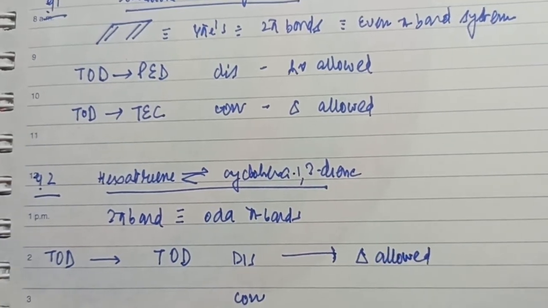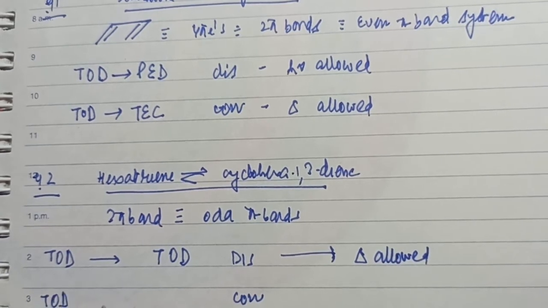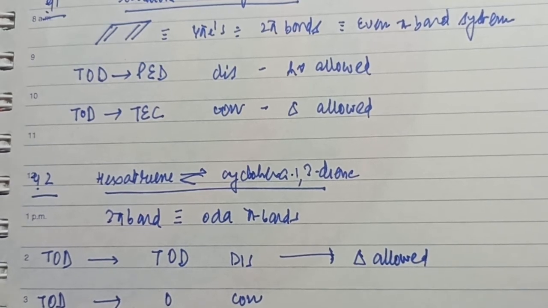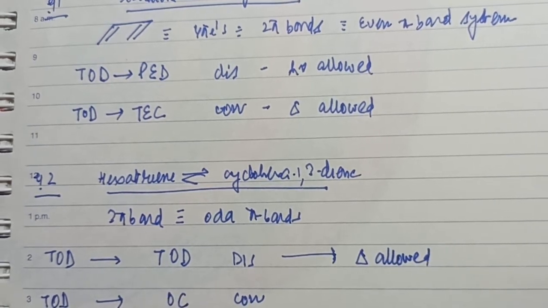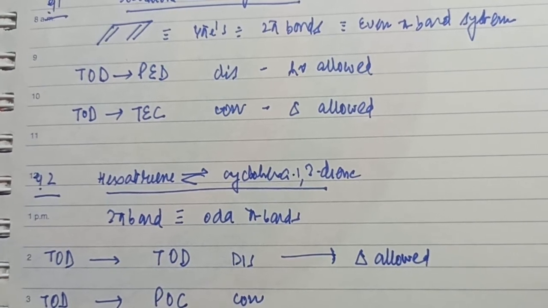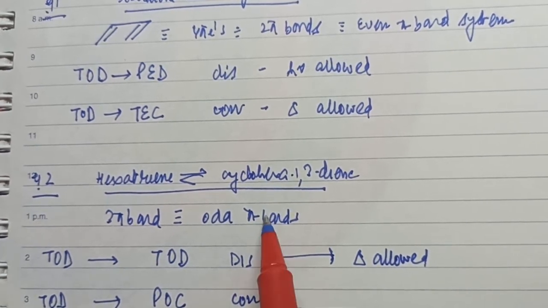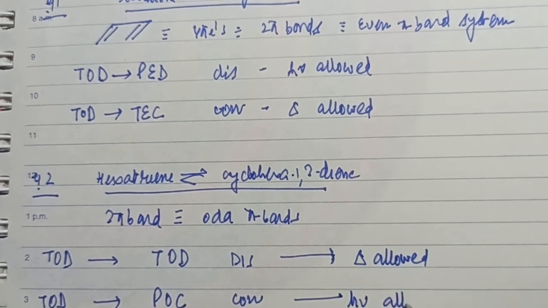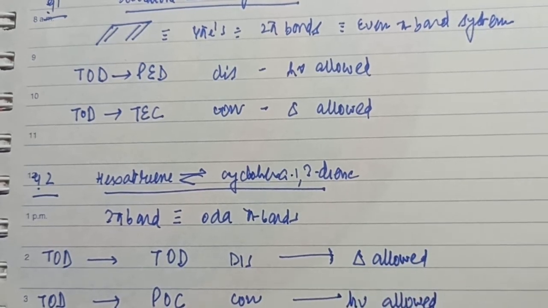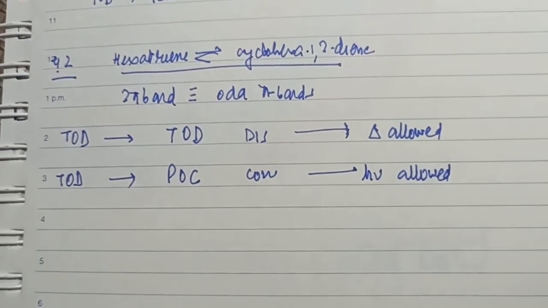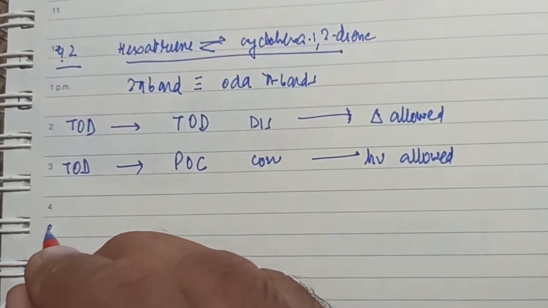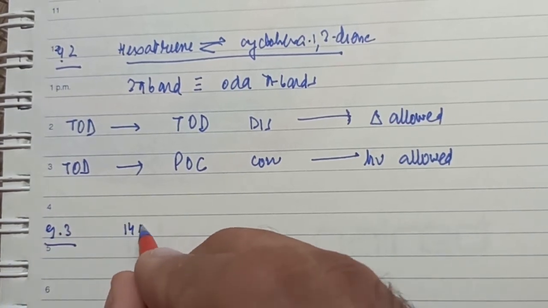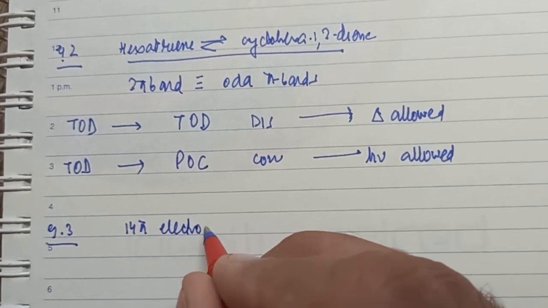Okay, let's use it for conrotatory. I'll remember the starting formula TOD. Conrotatory, this process is odd. I have changed D to C. I have to change one more thing. I have to change thermal to photochemical. This I cannot change because the number of pi bonds is odd in the system. Therefore, this is a photochemically allowed process. So it is so easy to work out the reaction conditions in the case of electrocyclization. Okay, now let's talk about some hypothetical examples. Let's talk about the 14 pi electrocyclization process.